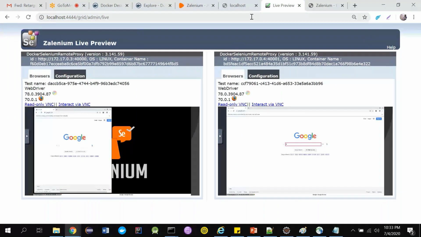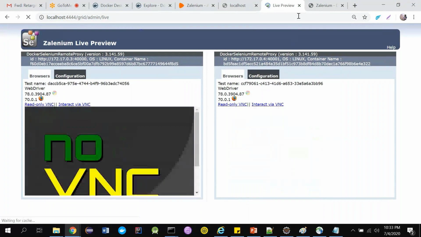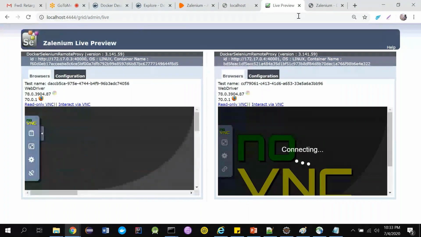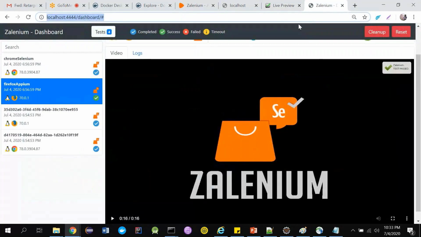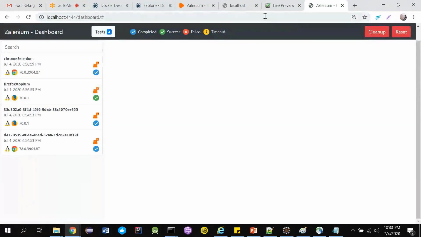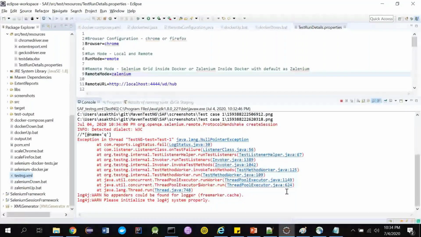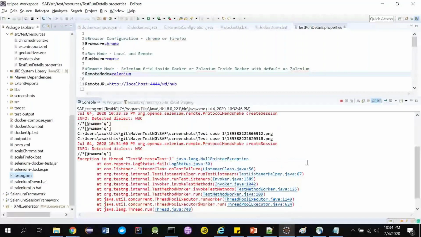It's a little slow today, but it's entering the values in the Google search box. It'll take some time for it to reflect. My test got failed for some reason, I don't know.